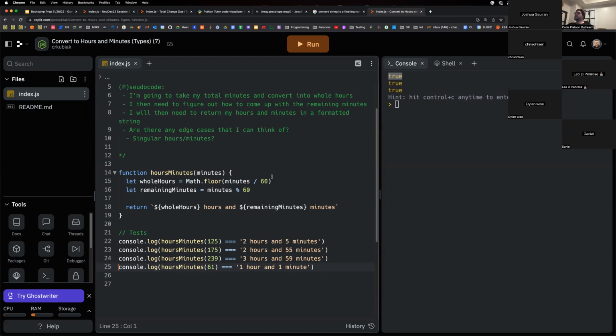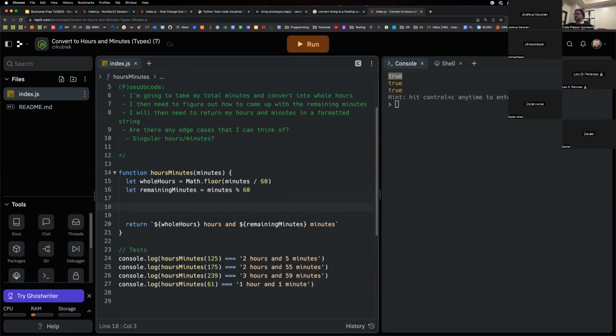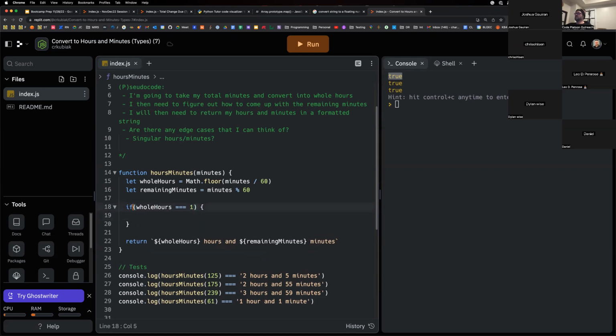All right, so let's go ahead and take a look here. So we could say if whole hours is triple equal to 1, we'll do this. We'll say let